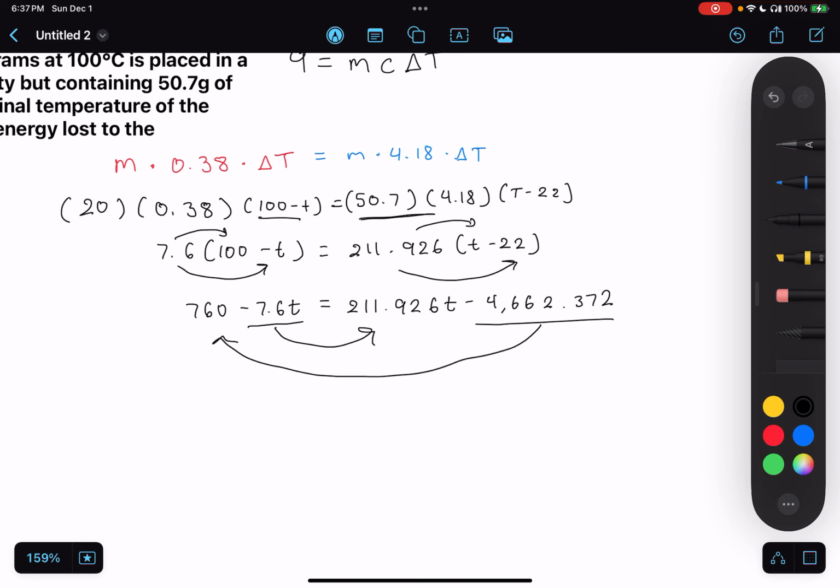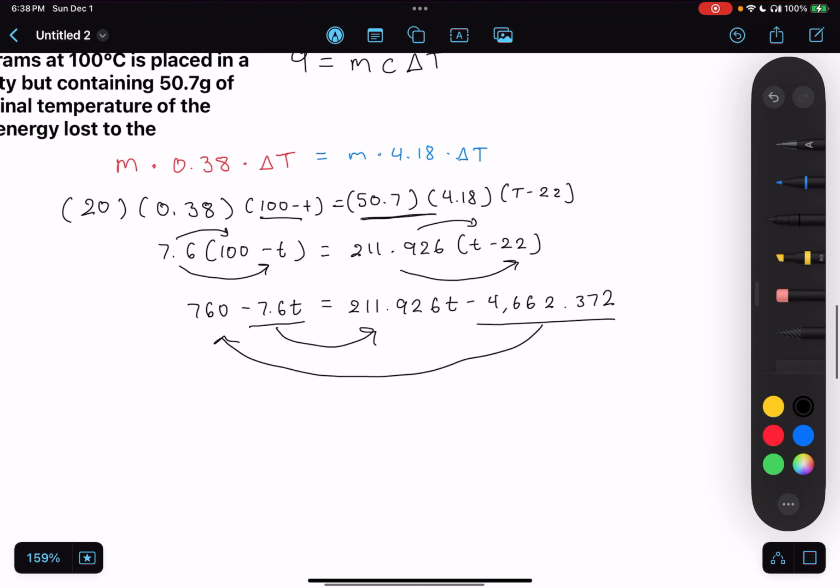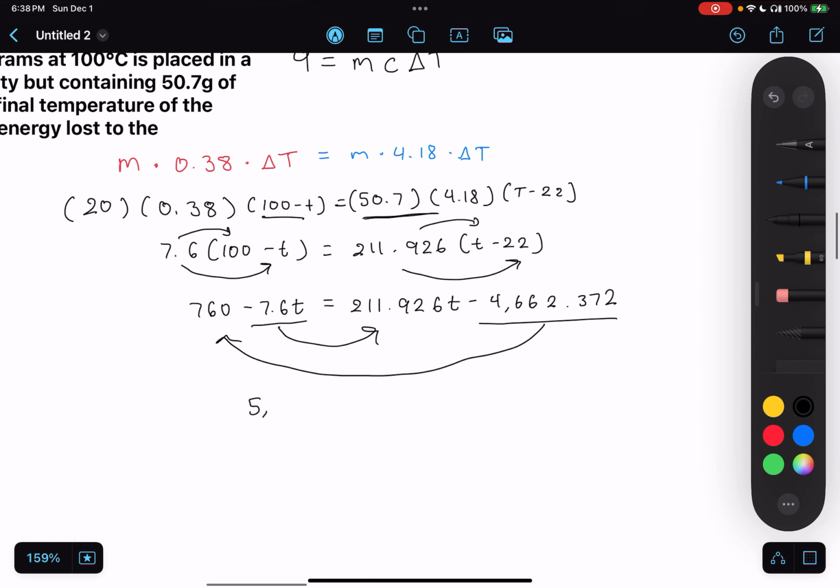So if I want to do that, that means I gotta add 760 plus 4,662.372, and we get 5,422.372 equal to